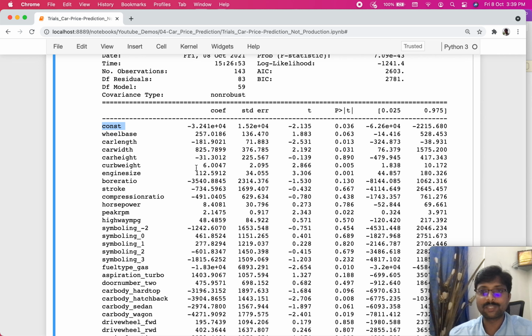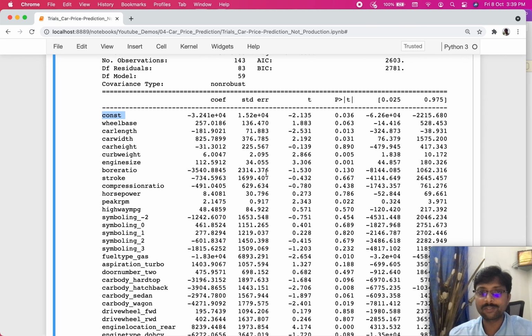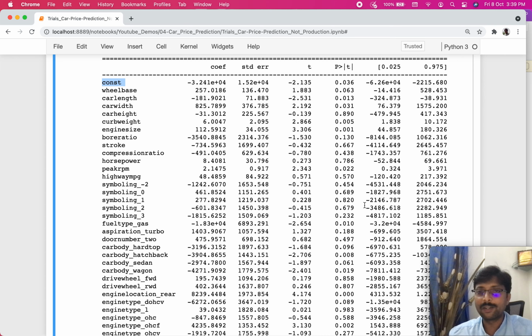So if we got a good R squared, but the errors are really huge, or if the probability of the parameter being significant, this value here, P greater than t, is indicating what is the probability that this parameter is significant, right? It is supposed to be less than 0.05 in most cases.